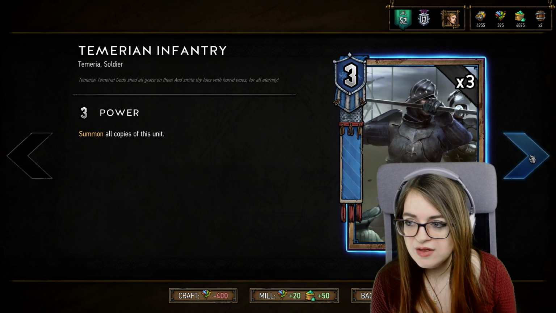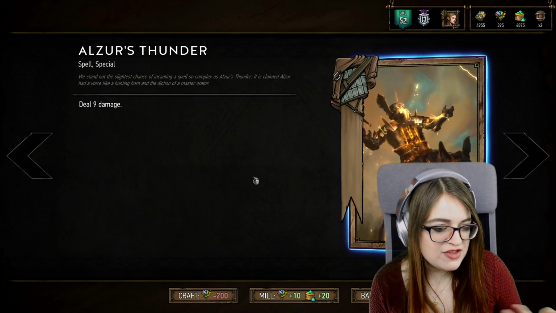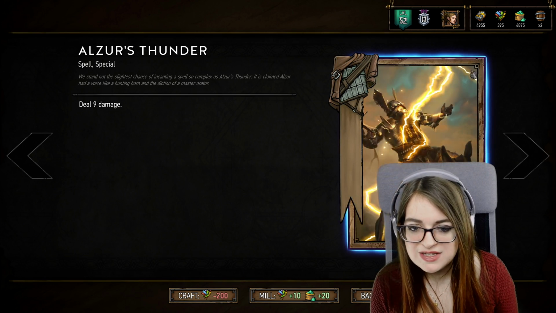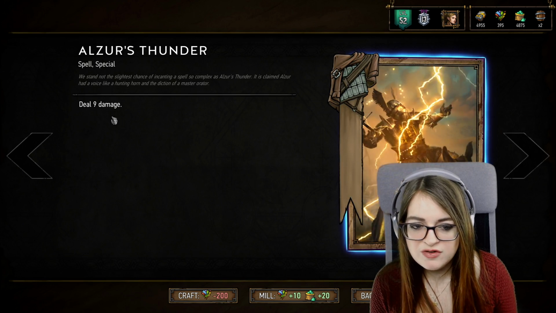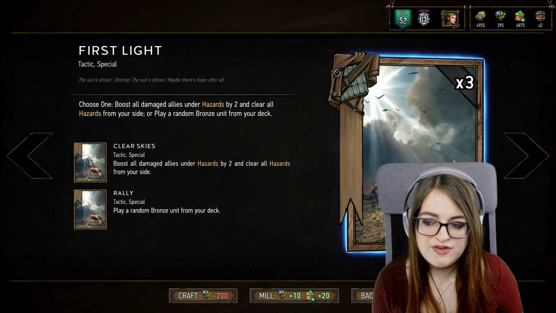Moving on, we have ALZUR'S Thunder, which I talked about previously with DETHMOLD. We just have a copy of this on its own. This deals 9 damage. It's kind of just decent removal, worse than Manticore Venom, but still a decent amount of points. First Light you can use to spawn Clear Skies, which was another effect we saw in DETHMOLD, the one